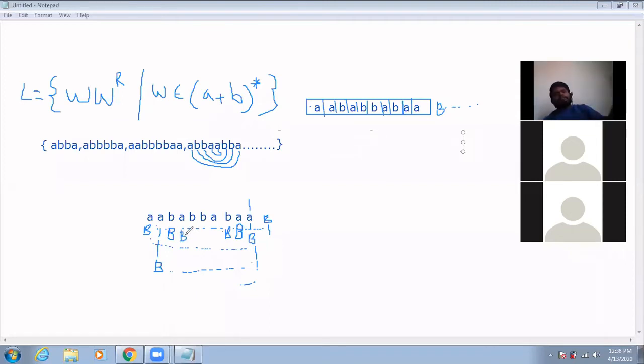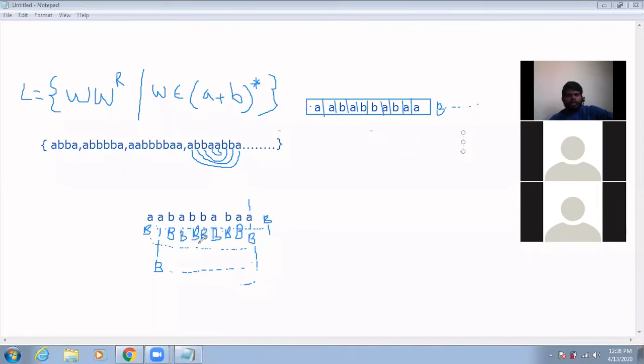See, when you are going left hand side, there are two chances. The string may have A's or B's also. That's why you need to give two transitions. Whenever you are getting A, you have to go one side. Whenever you are getting a B, you have to go for the other. Whenever you are getting A, the last symbol also needs to be A. Whenever you are getting a B, the last symbol you need to replace as a B only. That is also something you need to ensure. So this A and this A, I will make blank, and this B, I will make blank, and this B also I will make a blank.